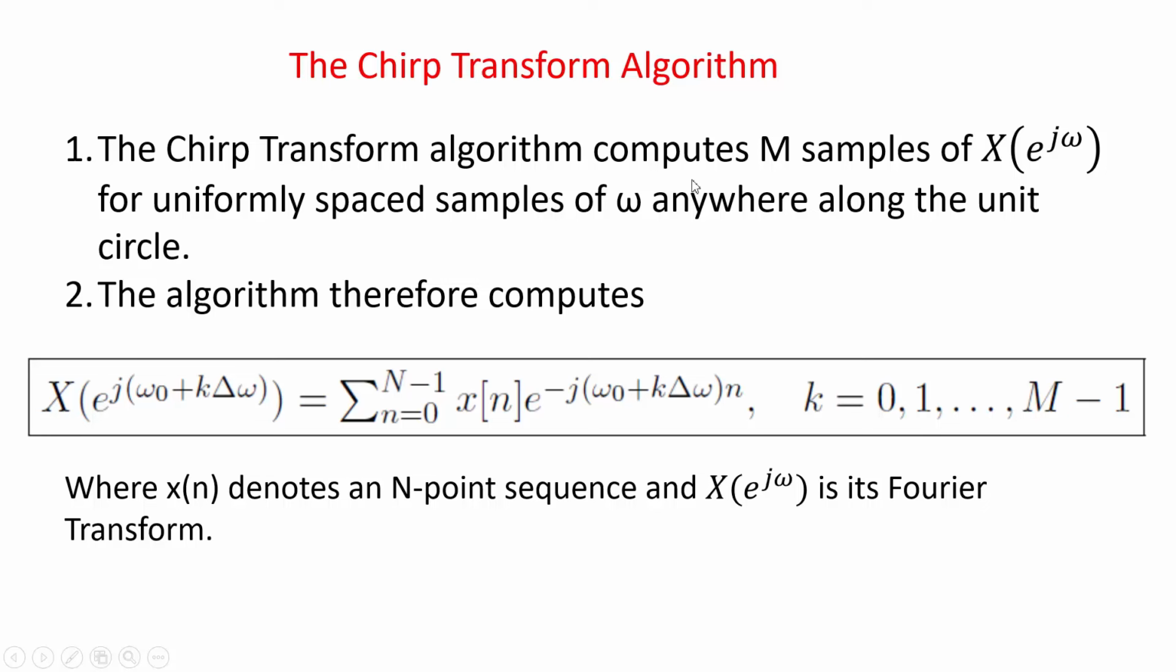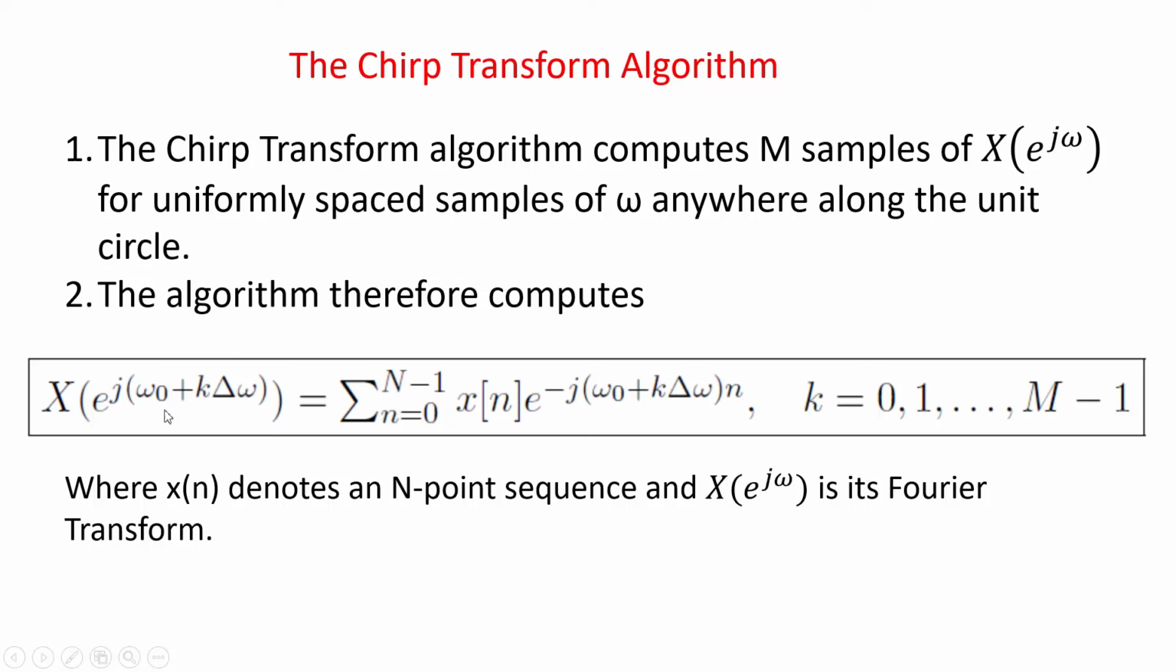The Chirp transform algorithm computes capital M samples of X e to the power j omega. This is the Fourier transform of the discrete sequence. So the Chirp transform algorithm computes M uniformly spaced samples of omega anywhere along the unit circle. Once you get the Fourier transform of the discrete sequence, represented by X e to the power j omega, you take capital M samples uniformly spaced around the unit circle, and